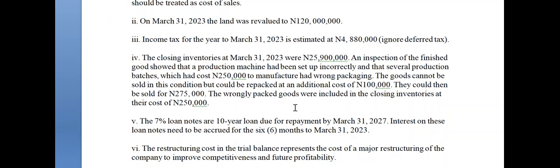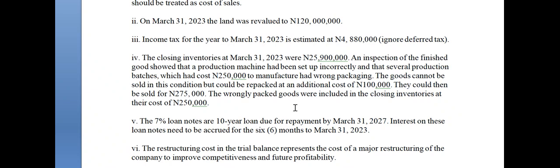The closing inventory as at 31st of March was 25.9. But an inspection of the finished goods, look at it, the finished goods, not the sales value now, showed that a production machine had been set up incorrectly. When you set up a production machine incorrectly, it will either increase the cost of production or reduce it. That happens very well in a manufacturing setup. And that several production batches, which had cost